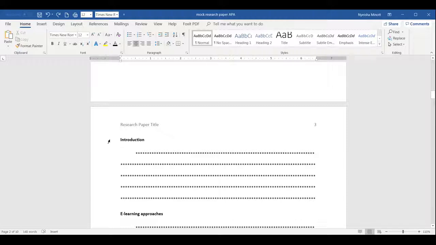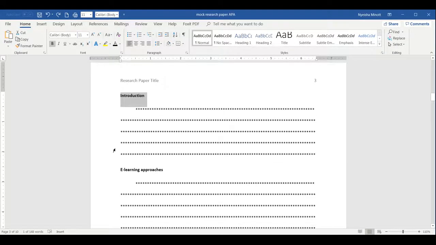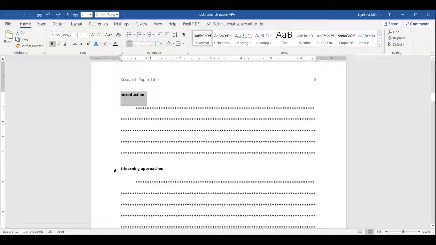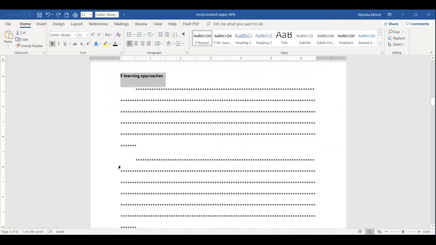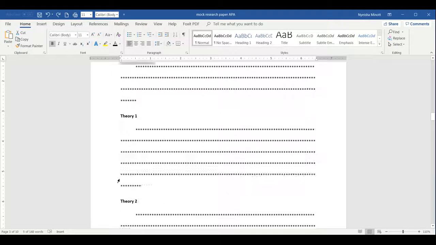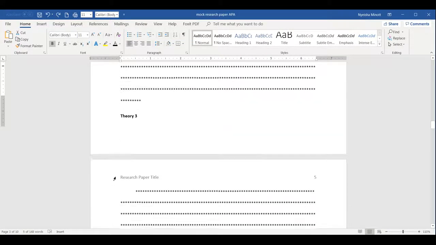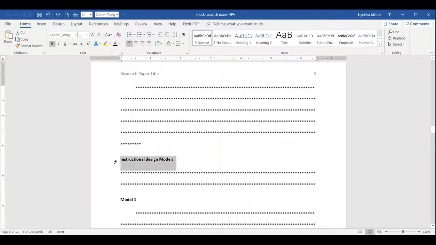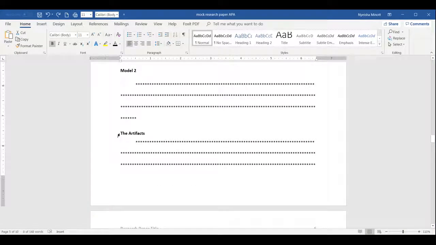So we want to select the main headings. I'm going to select this first one, and using the Control key, we're going to select the main headings. So each time I hold down the Control key and select all the main headings. I'm skipping a couple, we're going to come back to those. And once all the main headings are selected,